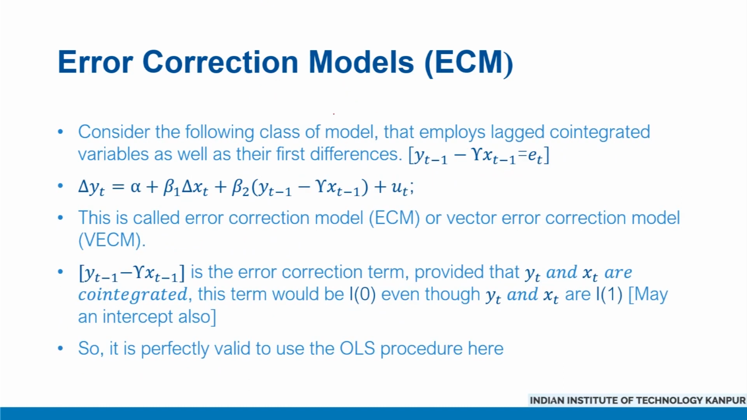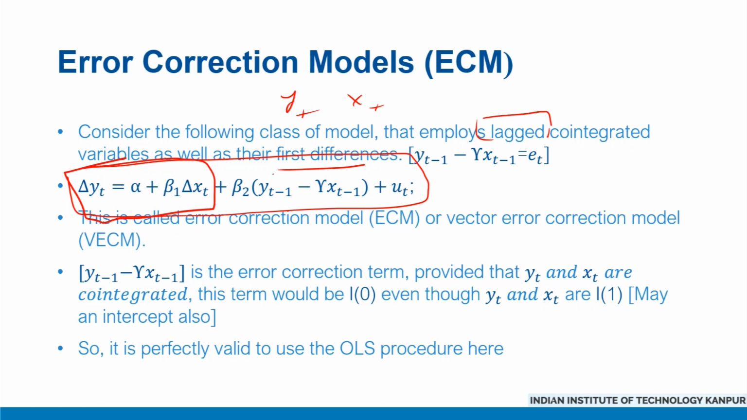The idea here is that if two series such as yt and xt are co-integrated, then we can combine their lagged values and their first differences to find this kind of model, which is a combination of this first component, short term, and also their lagged values, which essentially captures their long term relationship. So if they are co-integrated, we can say that there exists a combination like this, which is